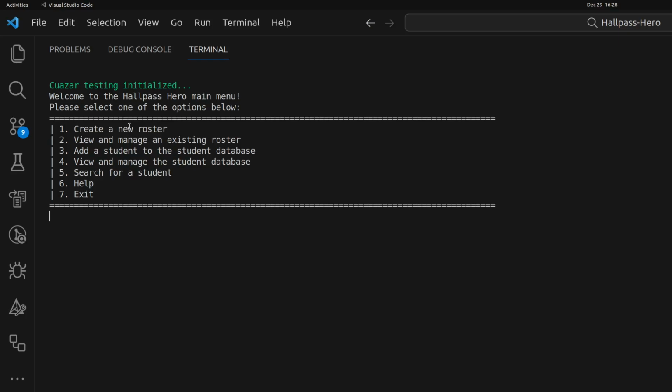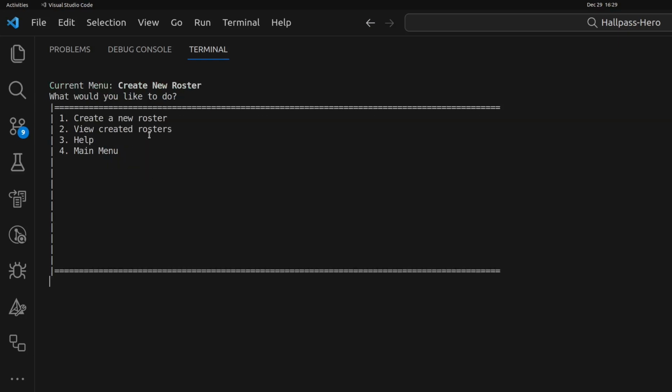So the first is rosters. Rosters are like classrooms or classes. I just didn't use the word classes because that would confuse me and maybe some other people when working on it, because the word classes is used a lot in the programming language C++, specifically where this part of this is written in. So you can create rosters.